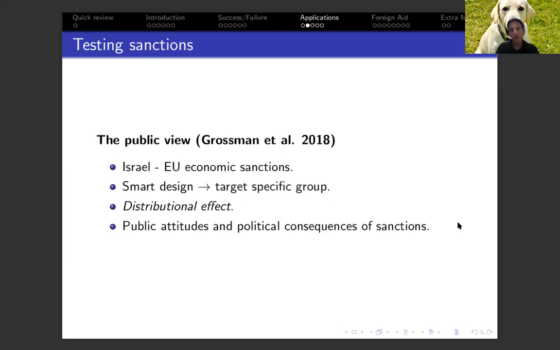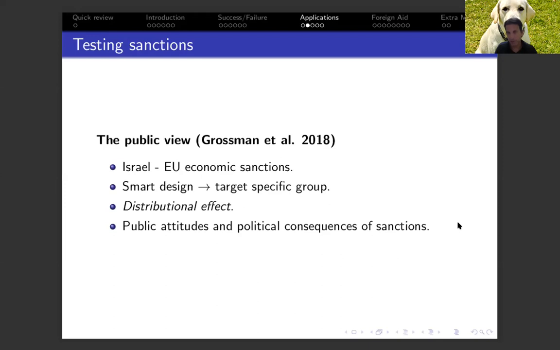So they're focusing on a democratic state, which is Israel in this case, and how its citizens view different sanctions which were imposed by the EU over the last 10 years, even less. Their study focused on one of the types of sanctions, which is described as a more smart design of sanctions. These are sanctions which are focusing on specific groups that benefit from the policy that the government is implementing and the sender state is opposing. And the idea behind that is to focus the economic cost on this specific group and minimize the devastating effect on the entire population.